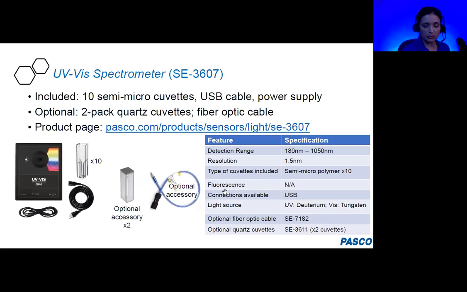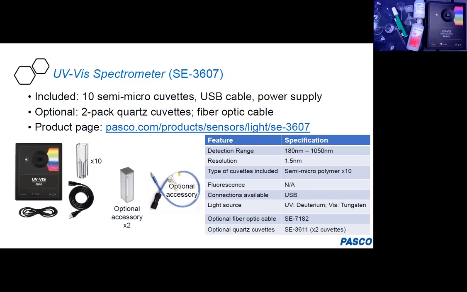Okay, so I'm going to switch cameras now so you can see the UV-Vis spectrometer. Give me 1 second. Okay, and you'll see there's also a lot of equipment there set out on the display. So here's the UV-Vis spectrometer, and on the screen here, this spectrometer includes 10 semi-micro cuvettes, shown right here, and the USB cable that you need to connect to your device, the power supply to plug it into AC power,